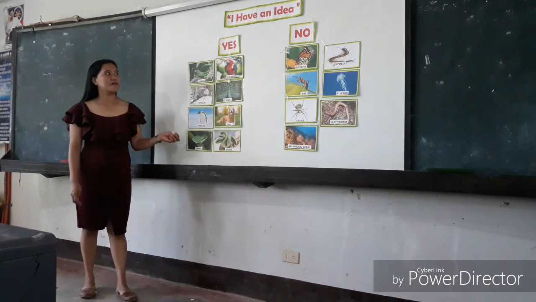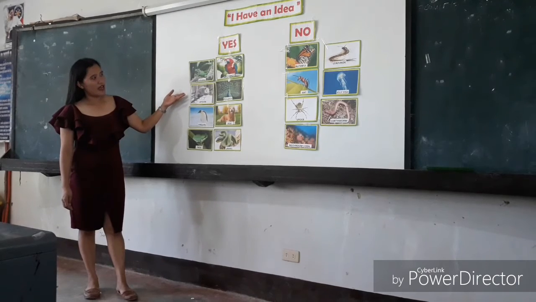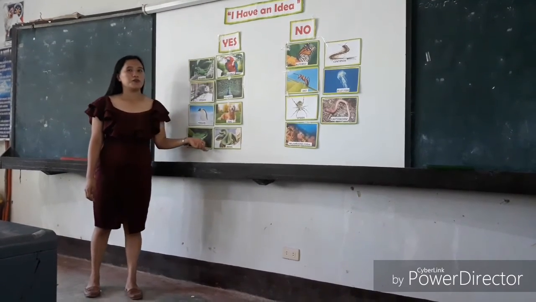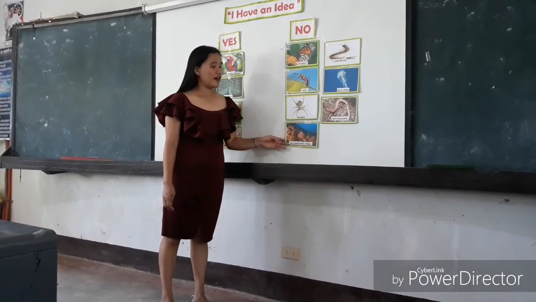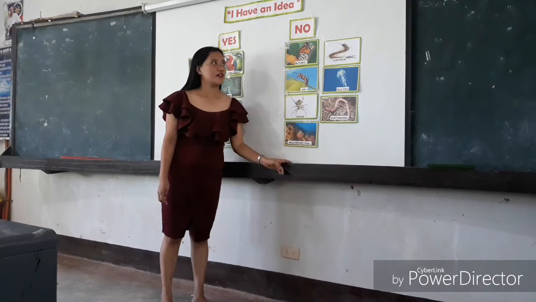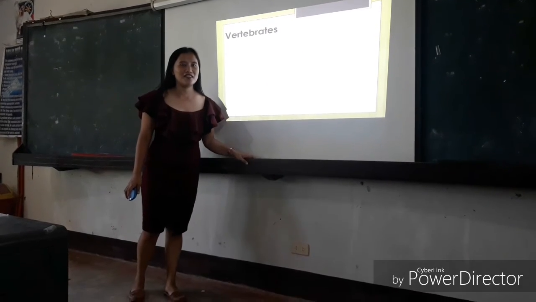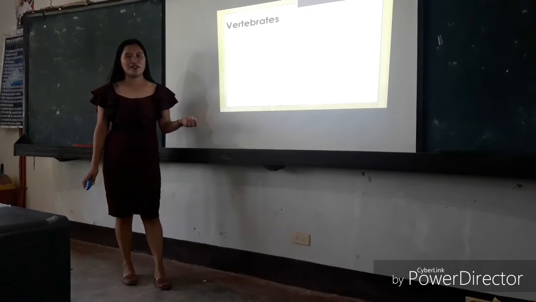Any idea? Okay, very good. So, the yes column or the yes idea are the animals that are vertebrates, and the no idea are the animals that are invertebrates. Okay class, since you already know about the animals that belong to vertebrates and invertebrates,